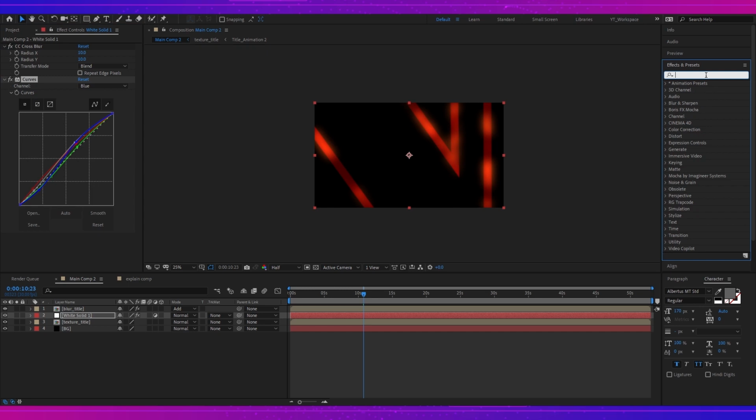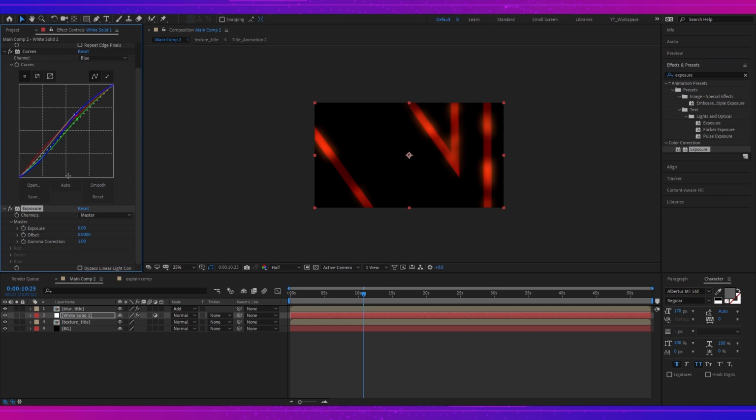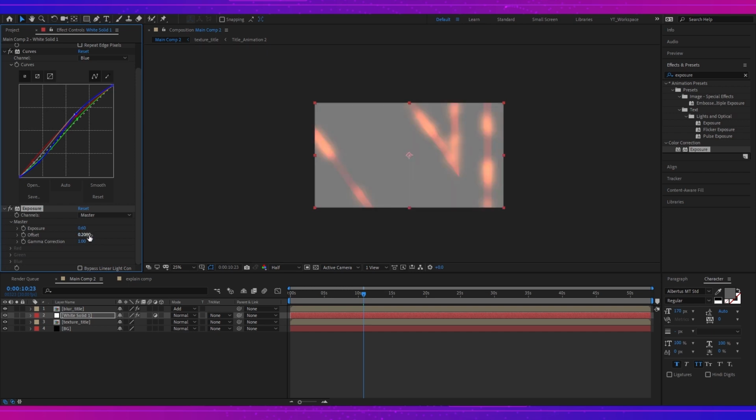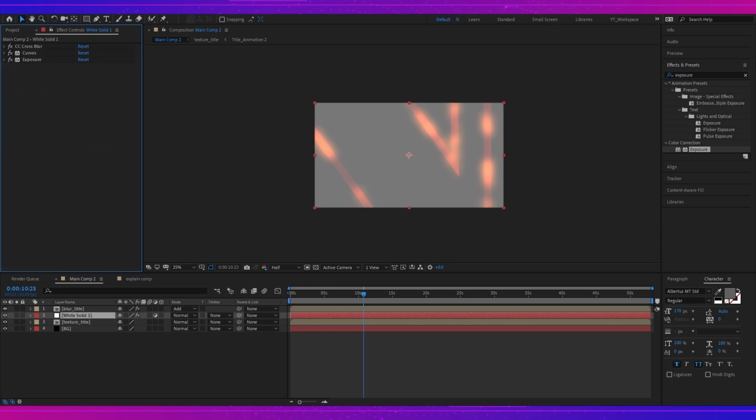I'll add an exposure, and let's change it to somewhere like 0.6, and change the offset to 0.2, and the gamma correction to 0.95. That's it. Now let's minimize them, and now